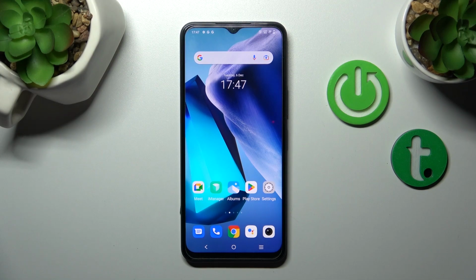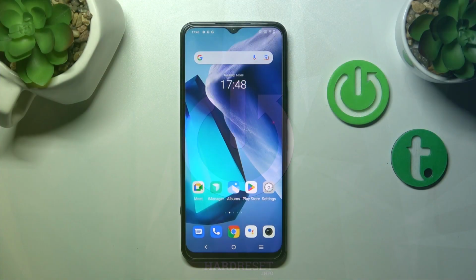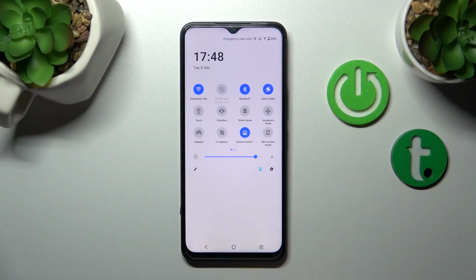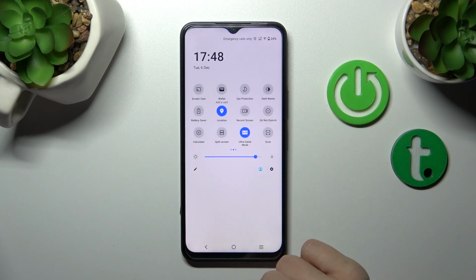Hi, today in front of me is the Vivo Y35 and I'll show you how to edit notification panel shortcuts on this device. So first let's open the notification panel shortcuts, and just to add or remove some of these options from here or